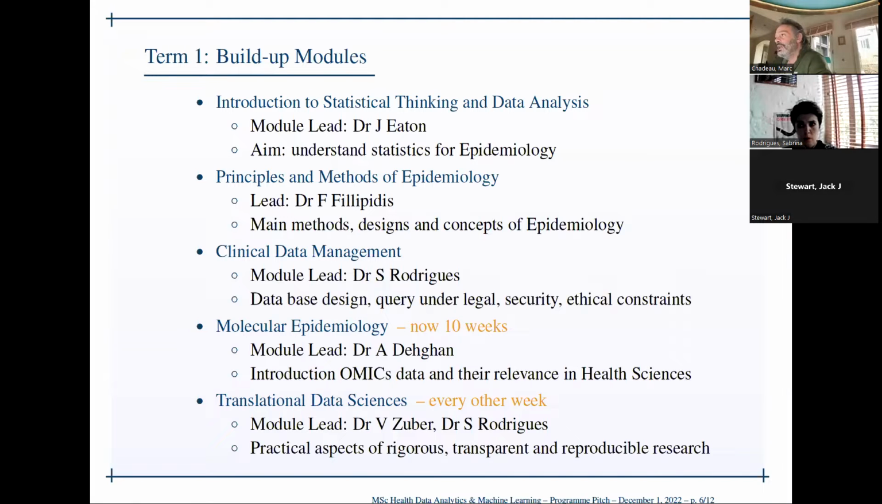health sciences. Now, there is a more technical module led by Sabrina called Clinical Data Management, where basically you will learn about how to design, query, maintain a database, but not a database in general, but a database that includes health data. So that means that you will be made aware of all the constraints, both legal, security, and ethical, that your database should adhere to. So that's a very important module that really helps you understand the specifics and the complexity of the data and